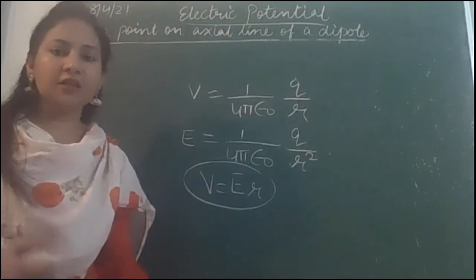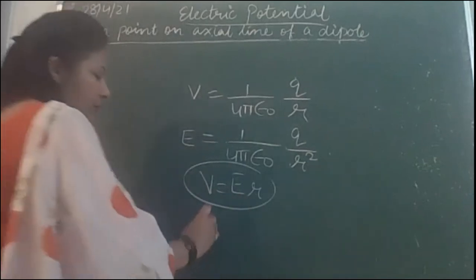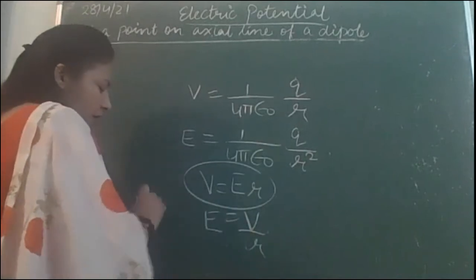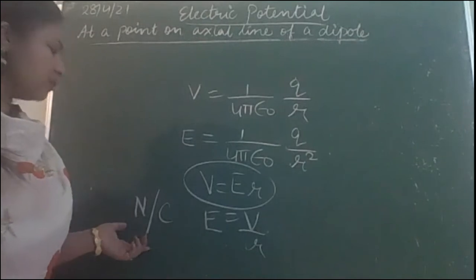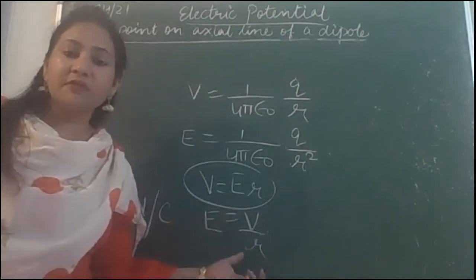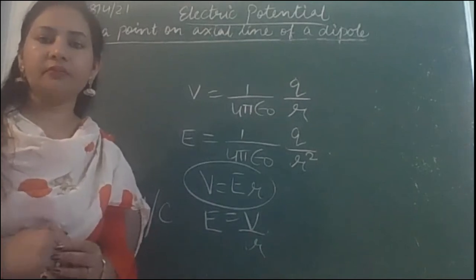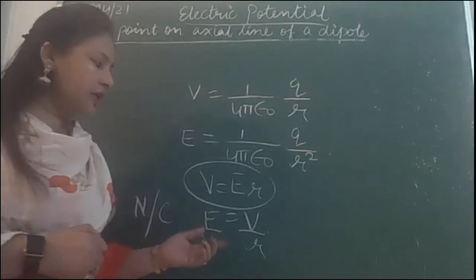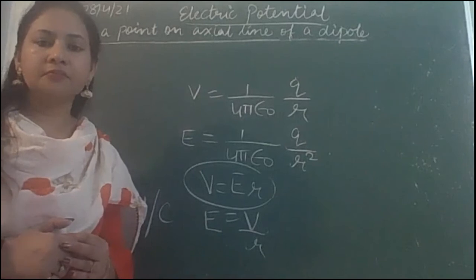तो basically ये relation हुआ. So if we use this formula now, can you tell me what will be another unit for electric field? एक unit तो था Newton per coulomb. Electric field intensity's unit was Newton per coulomb. Can you tell me on the basis of this formula what will be the unit of electric field intensity? So what will be the unit of electric field intensity, students? Tell me.